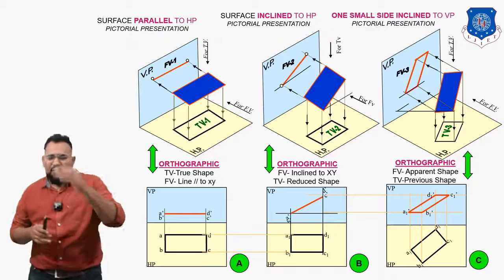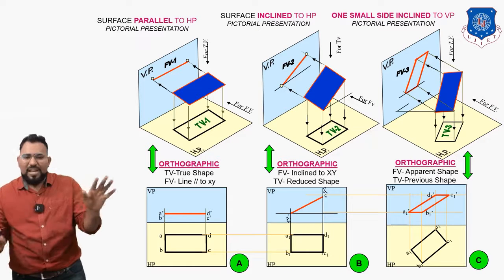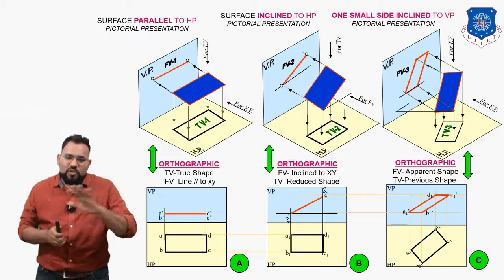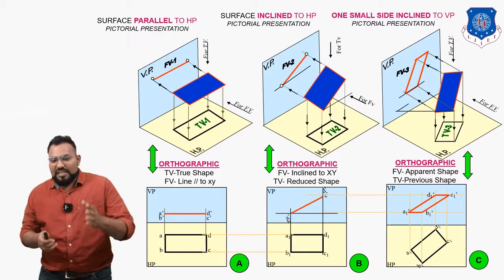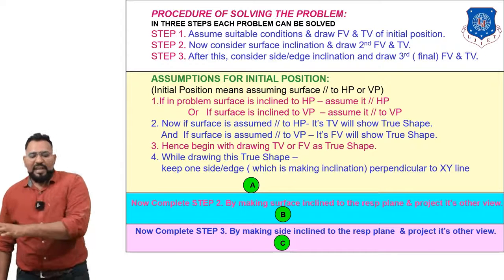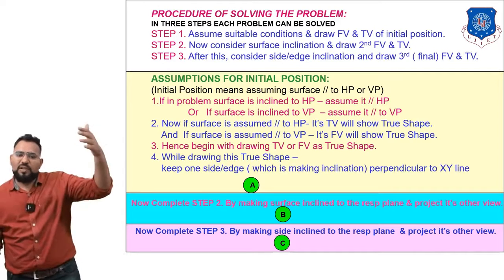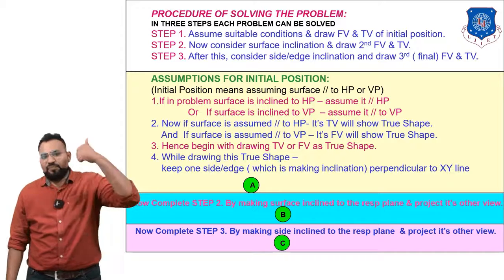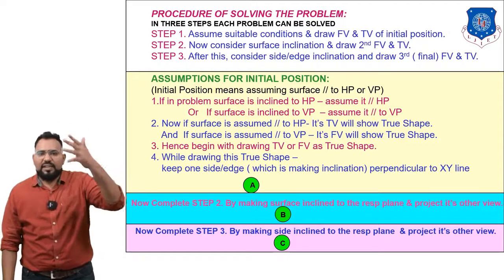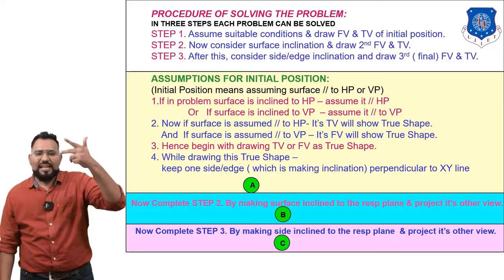If you are not getting what I'm trying to say, don't worry about that, we are going to see it in the example. Through the example your whole concept is going to be clear. So now we are just restricted up to this. Before we jump onto the example, let us see some procedure of solving the problem. First, we have to draw the complete drawing in three stages: first stage, second stage and third stage.